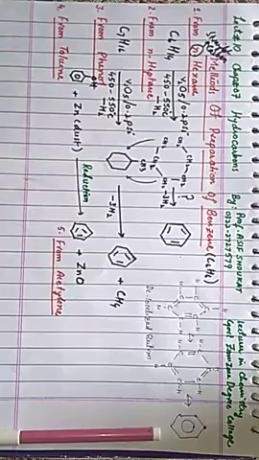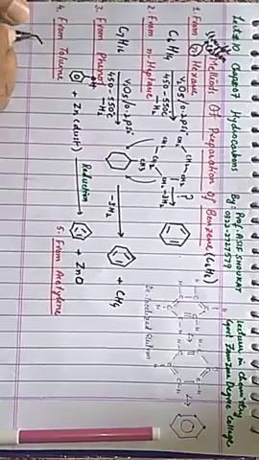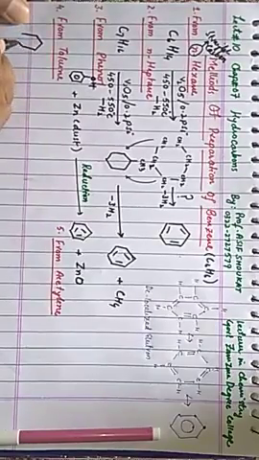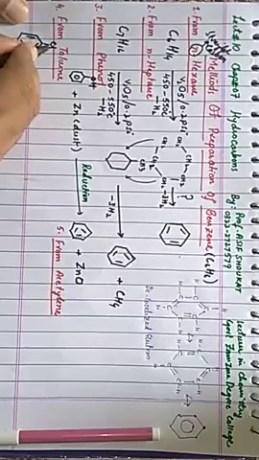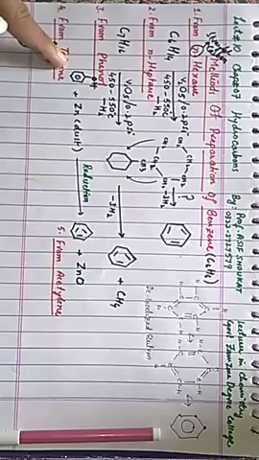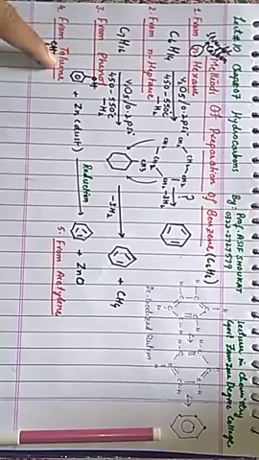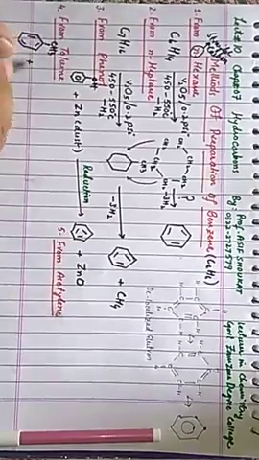Now from toluene. What is toluene? Toluene is actually methylated benzene. Learn the language in which I am calling the substance: methylated benzene. Methylated benzene, CH3 with benzene, is toluene. Methyl benzene is commonly known as toluene.